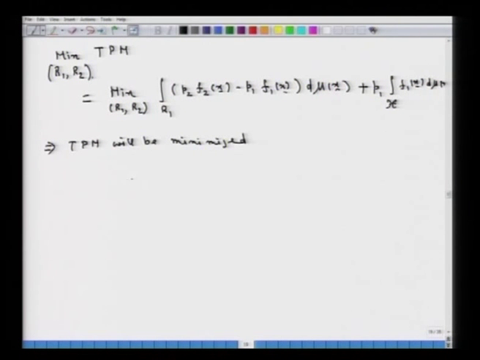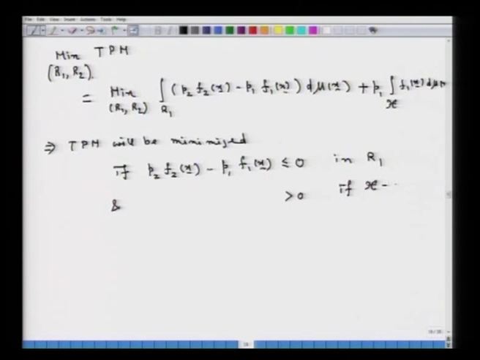This is going to be minimized if we have P2 f2(x) minus P1 f1(x) to be less than or equal to 0 in the region R1, and this is greater than 0 if x belongs to the script X minus R1, that is, in the region which is R2. Now, from here we can say that